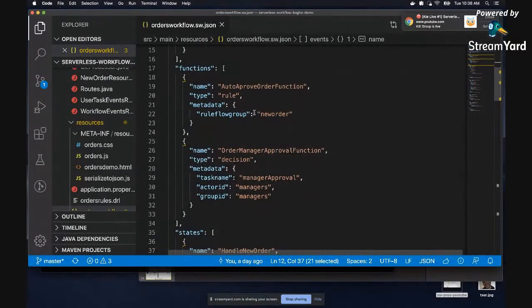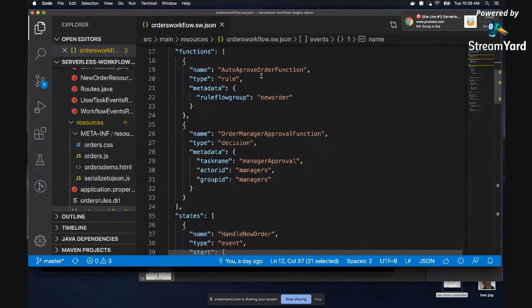Now we define our functions, which are the services that we want to interact with during the orchestration workflow. One of the services is a rule service. The first thing that we're going to do when we get an order is see if we can auto-approve it. And business rules are perfect for this scenario. They can evaluate the payload of the event that starts the workflow instance and tell us right away, okay, can we auto-approve or not?